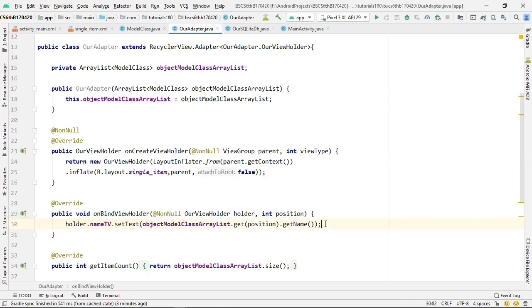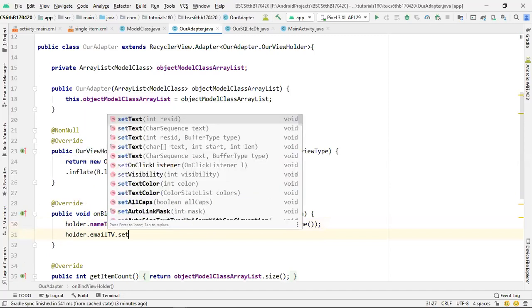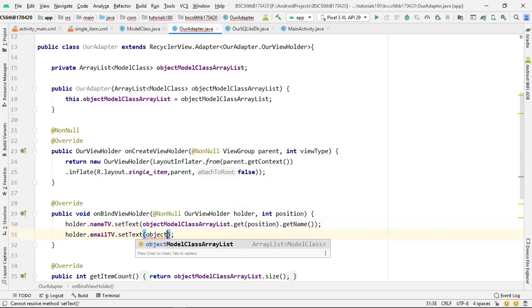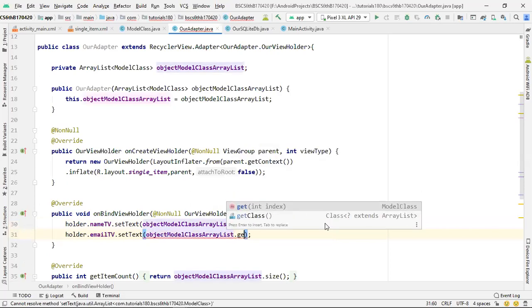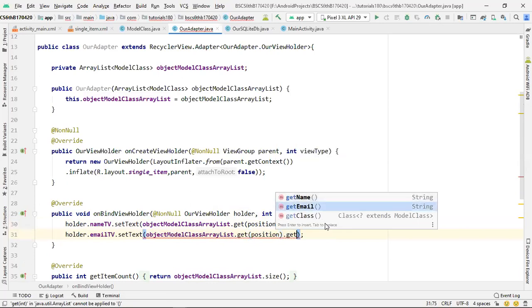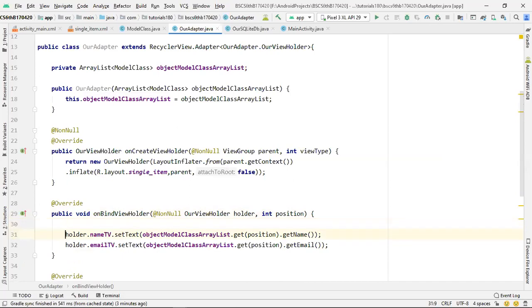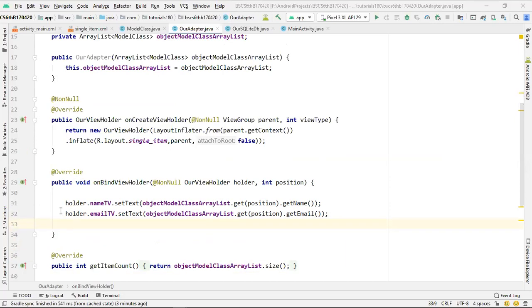In a similar way we're going to call holder dot email dot set text, and inside this we're going to call the array list dot get, and here we have to pass the position, and then we're going to call the email. So we have completed the code for both of our text views.